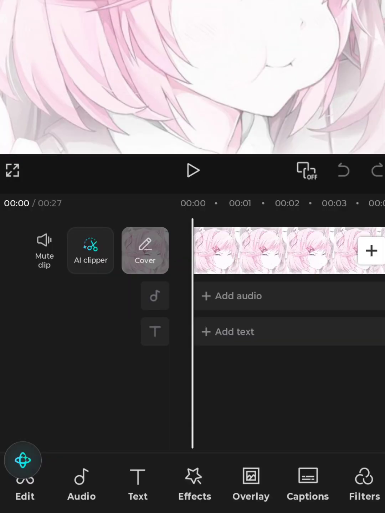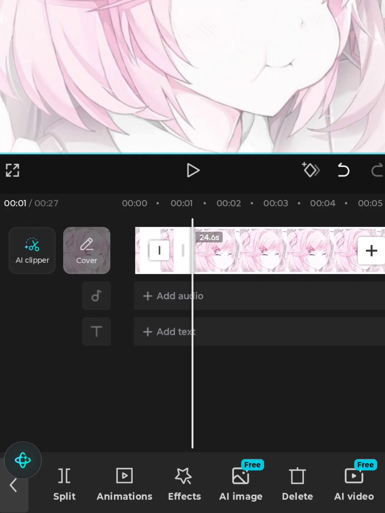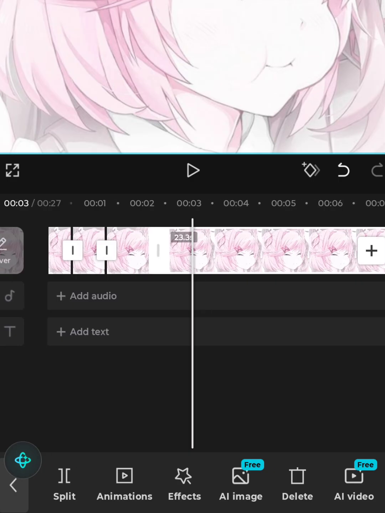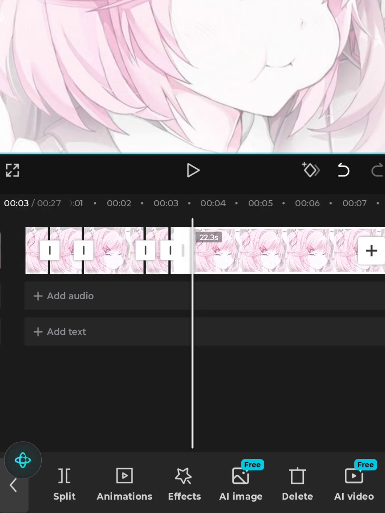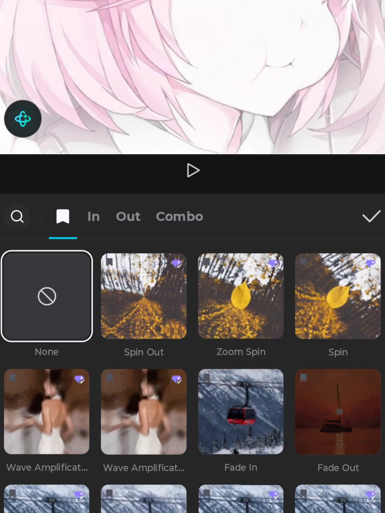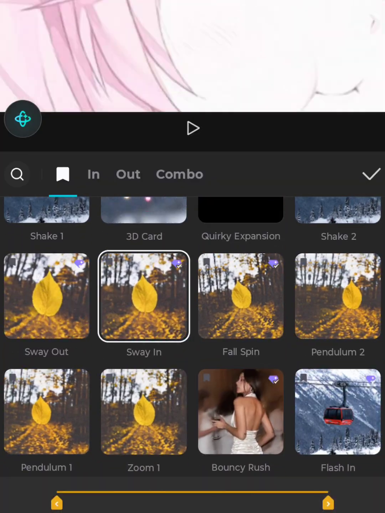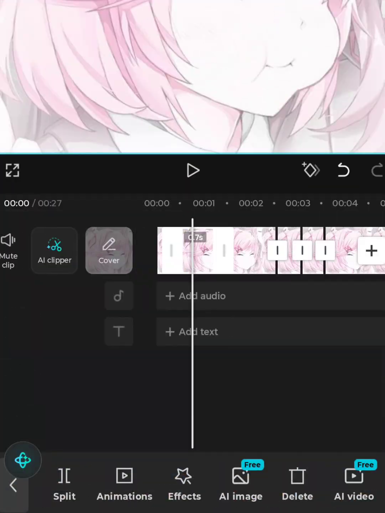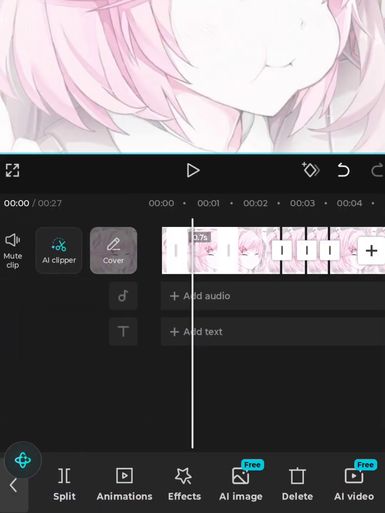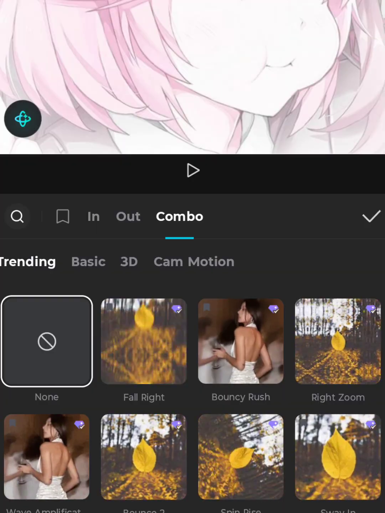Now, what you want to do for animations, we're just going to split for this. So the best patterns are definitely sway in and sway out combo. I suggest that one. I love that one. And then this is also a good one,